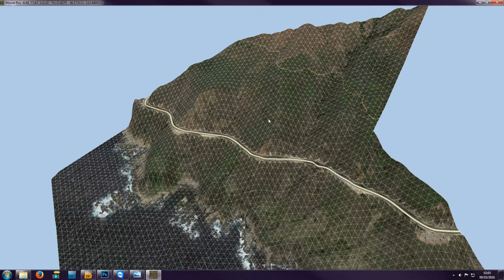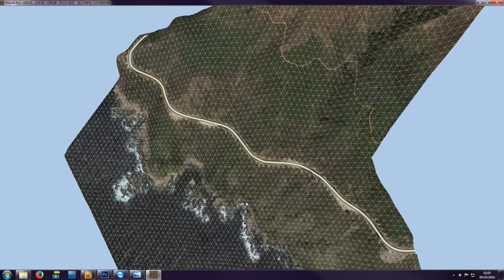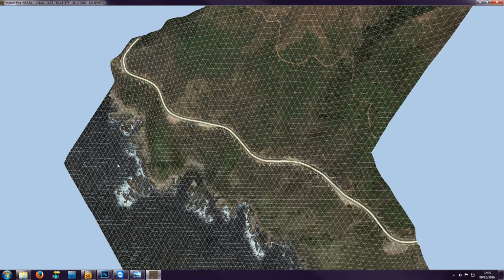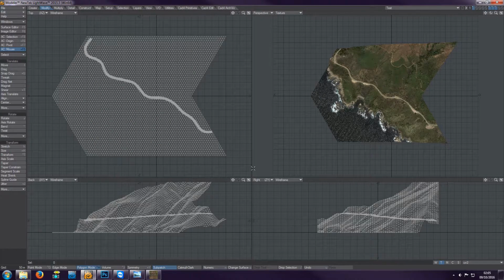But there's the mesh for it as well. So what we're actually going to be doing is splitting it straight across that line and also pretty much straight up the middle. So we'll switch over to my 3D application, which is Lightwave. Now the buttons and the commands may be in a different place or called something slightly different,